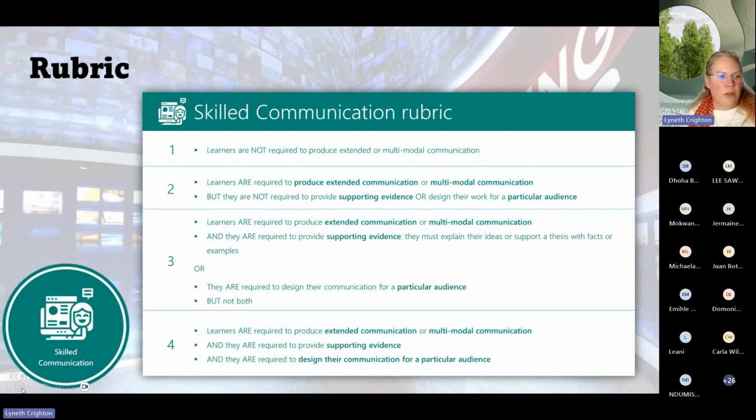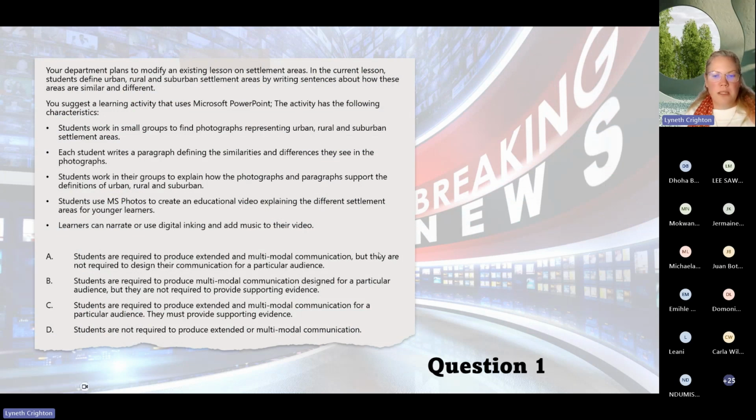So that is what the rubric looks like. This one is very different. It's got an or in the level 3. And it's quite small in this, but in this activity, you're a geography teacher who's defining rural, urban, and suburban settlement areas, and they are going to create a PowerPoint, but the instructions, so if you read A, B, C, D,